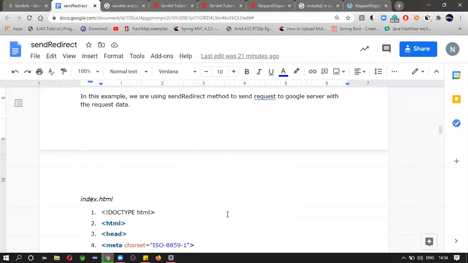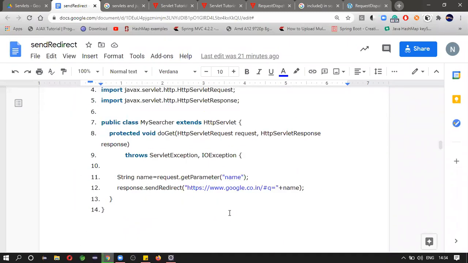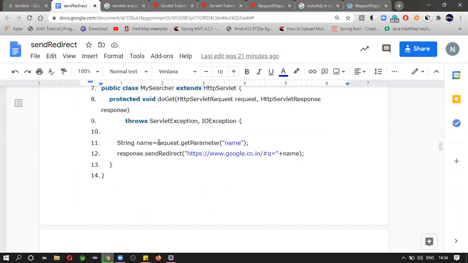So what is the change? We can get the parameter by using request.getParameter, and here you will see we are just appending the name, so that you will try to search.